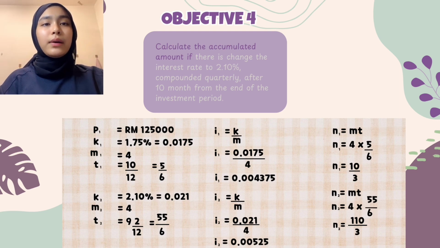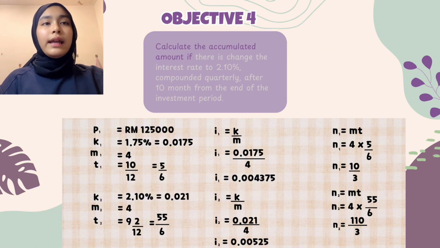There is a change in amount after 10 months of the investment period, which is K2 equals 2.10%, which is 0.021, M2 equals 4, T2 equals 9 over 2 over 12, which is 55 over 6. For I, we use I equals K over M, which is I2 equals 0.021 over 4, and the answer will be I equals